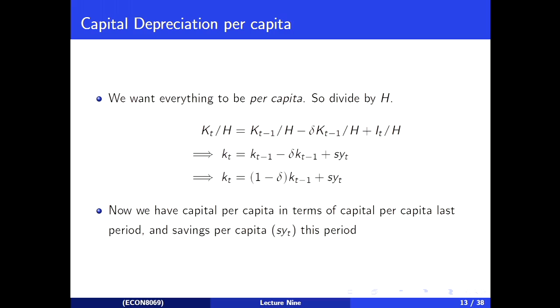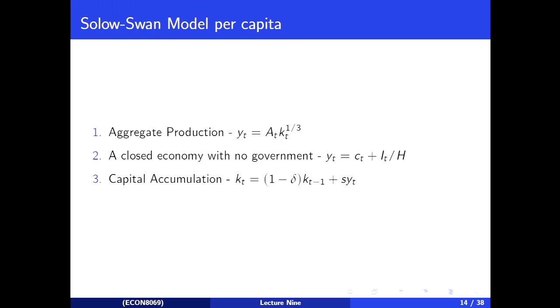Questions, comments, problems? Okay. So when we put everything in per capita terms, we get something looking more like this. This is quite nice because, apart from this weird little part here, because we didn't have the notation, we've been able to, for the most part, get rid of effective labor from our modeling, which is quite nice.